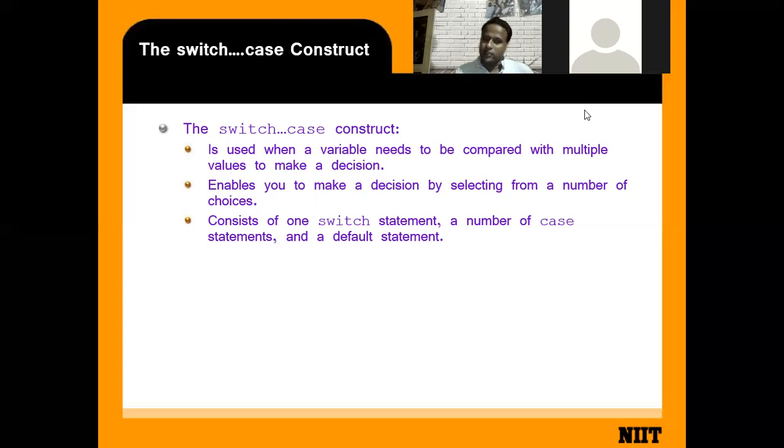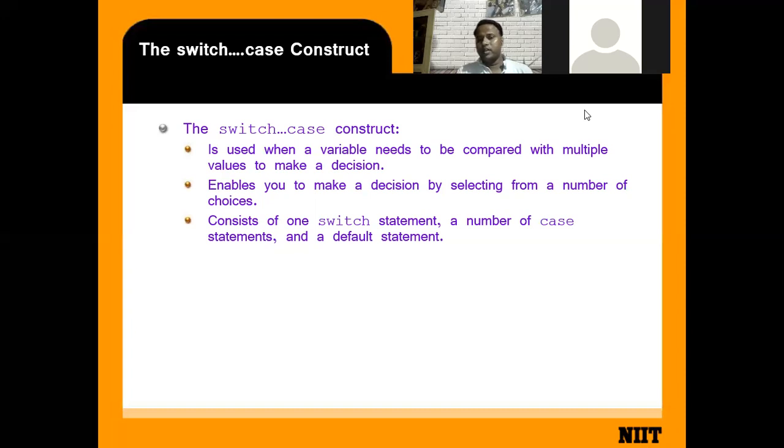In the switch case, there is a statement we're using that is called a break statement. The break is required when, once you are getting your result, there is no need to search again. Suppose you have 2000 contact numbers in your mobile, and you are searching for one record.